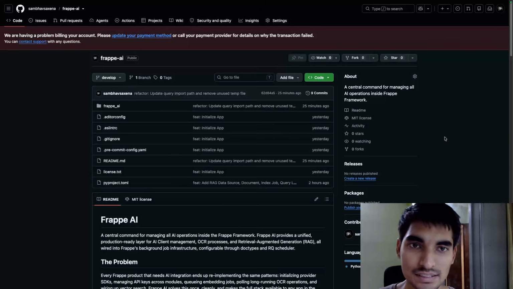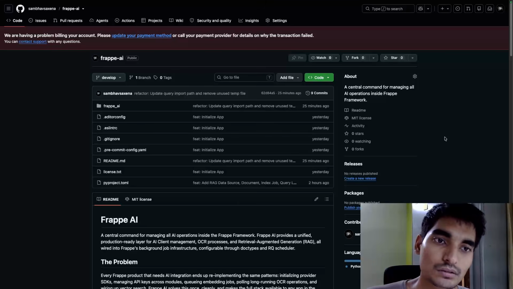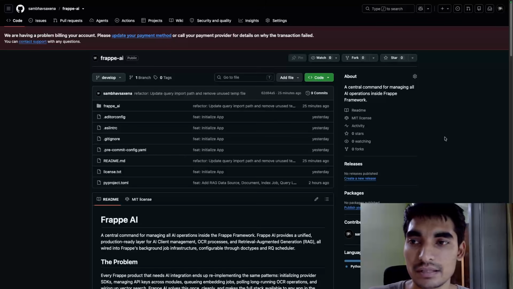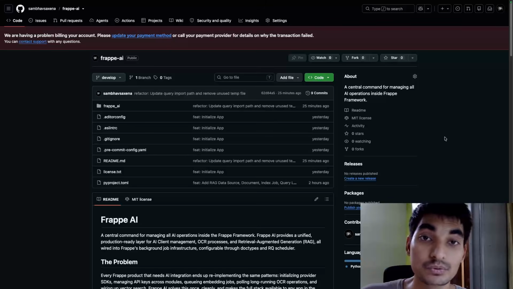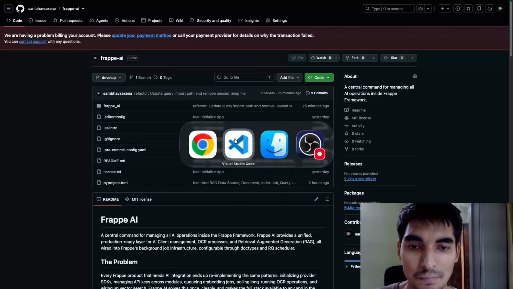What we'll do next is we'll keep on adding on top of the current implementation, and I'll also try to bring as many features that relate to your AI related workflows in a single application, so that you don't need to reinvent the wheel every time when you're developing a new workflow for a new client. You just need to install this app.